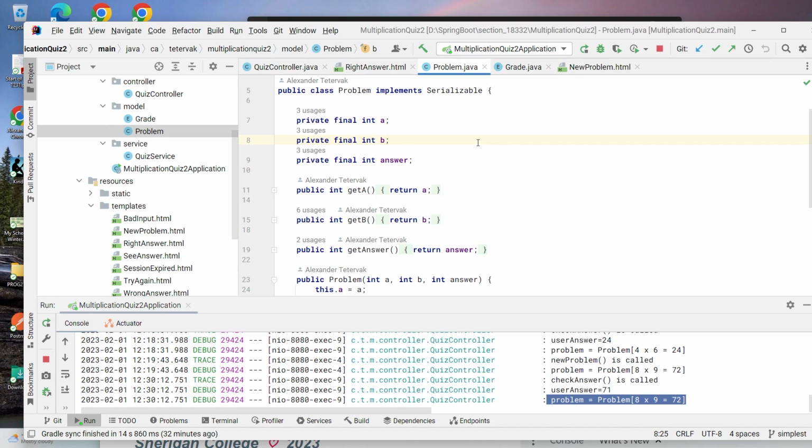If the session expires in maybe a day or a couple of hours, depending on the session settings, and the user is not active, maybe it makes sense to put it on the hard drive as a file. So in order to store this data on a hard drive as a file, you need to convert it into a sequence of bytes. And if it is serializable, the server knows that it can easily call the writeObject method of ObjectOutputStream on that,